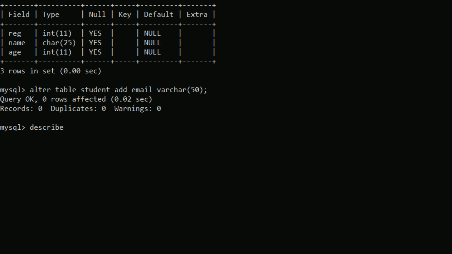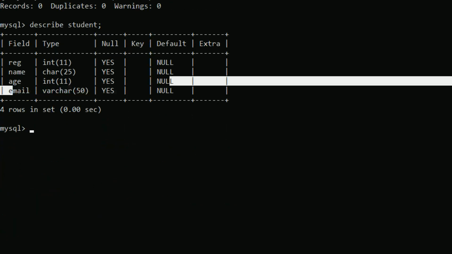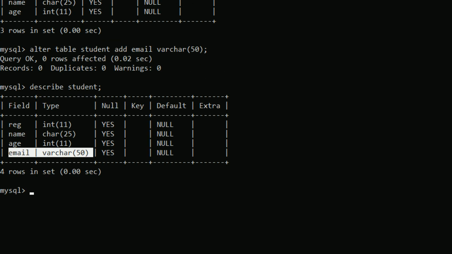So if I go and display the structure, see here, email, varchar of 50. So we have added a new column. You can go ahead and insert as many columns as you want. Okay, so next